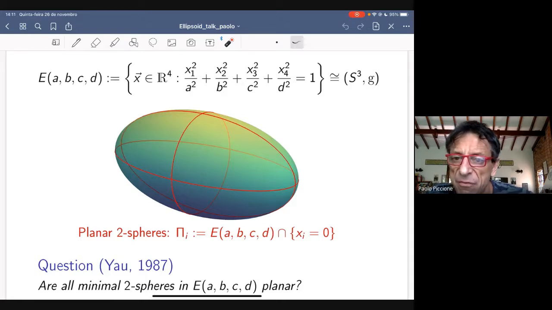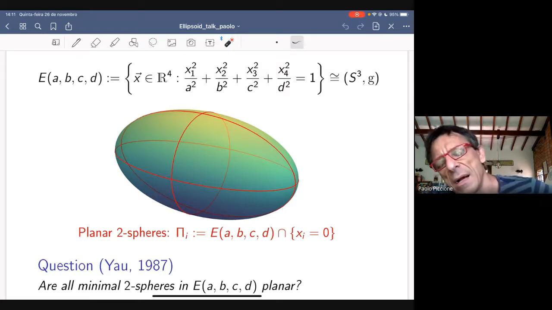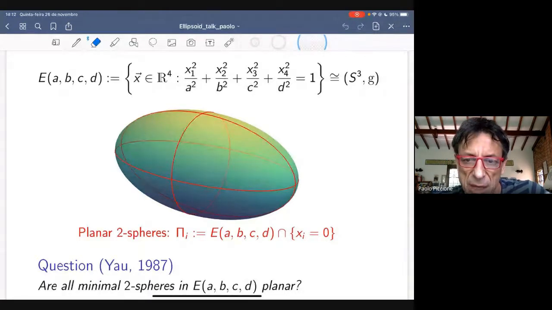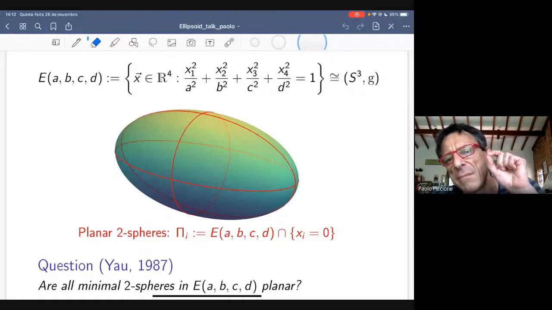I'm sorry, of RP4, in fact. And RP4 has a topological invariant called the Lusternik-Schnirelmann category, which is equal to 5. And you would expect that on a manifold with category 5, any smooth function would have at least 5 critical points. Okay. But now keep in mind that constant functions, like a constant map from S2 to S3, also